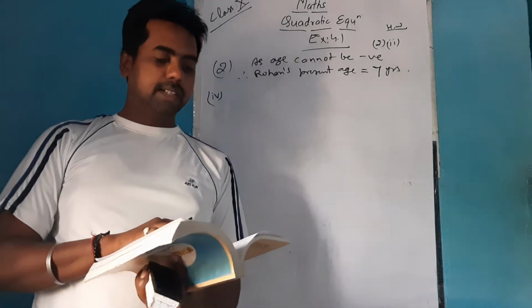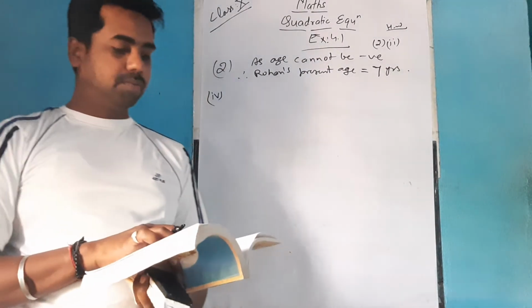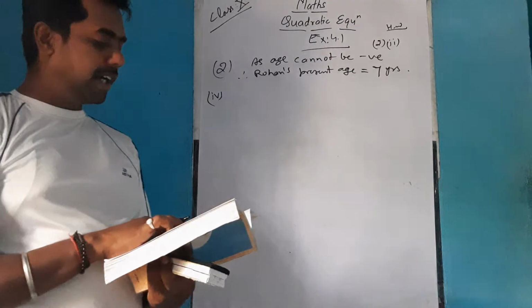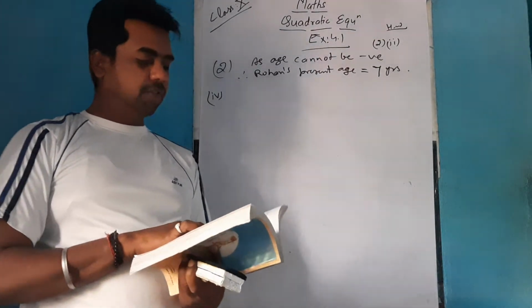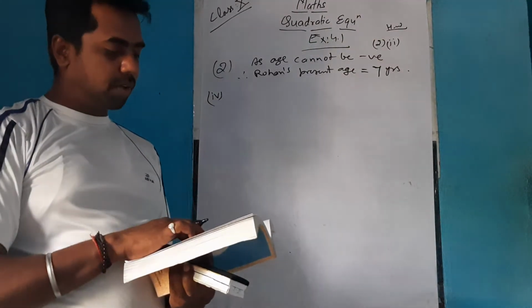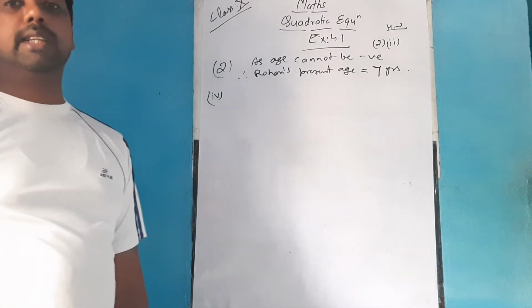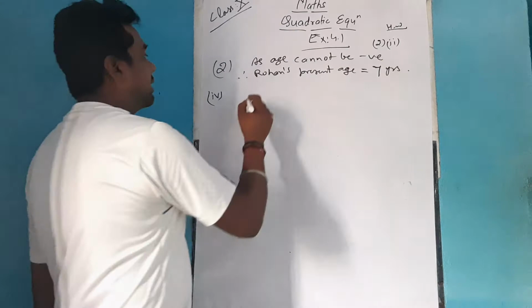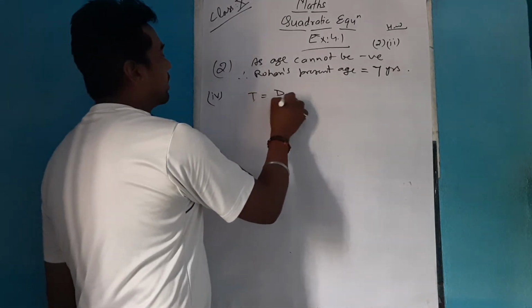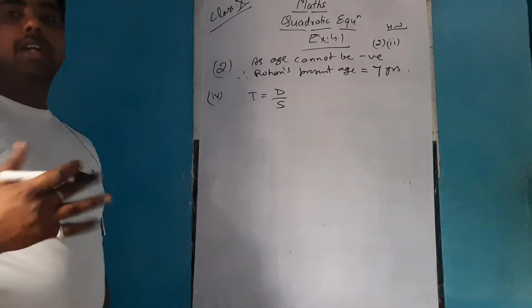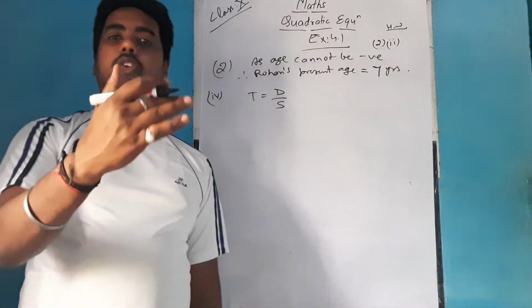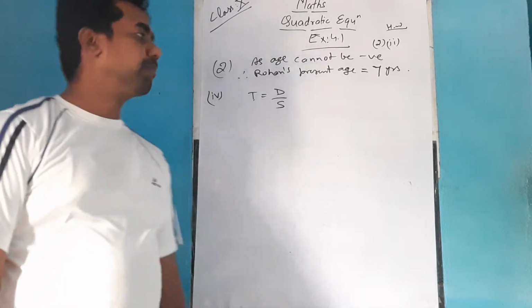The train travels a distance of 480 km at uniform speed. If the speed had been 8 km per hour less, then it would have taken 3 hours more to cover the same distance. Here the distance in both cases remains the same. Time is varying. As you know, time is given as distance by speed. So we will try to form our equation in the form of distance by speed only.